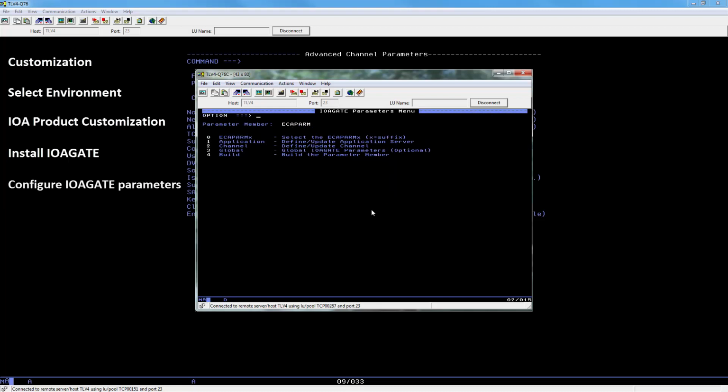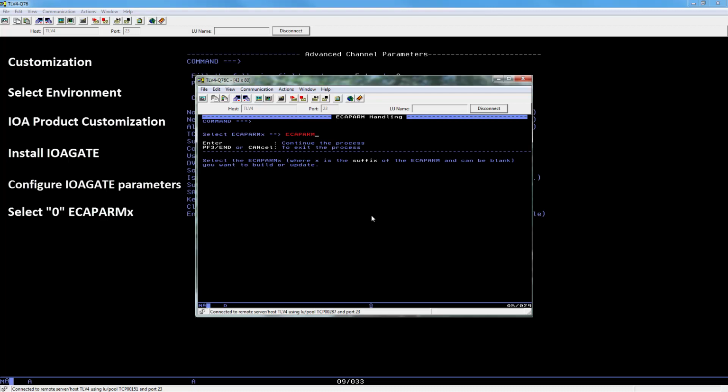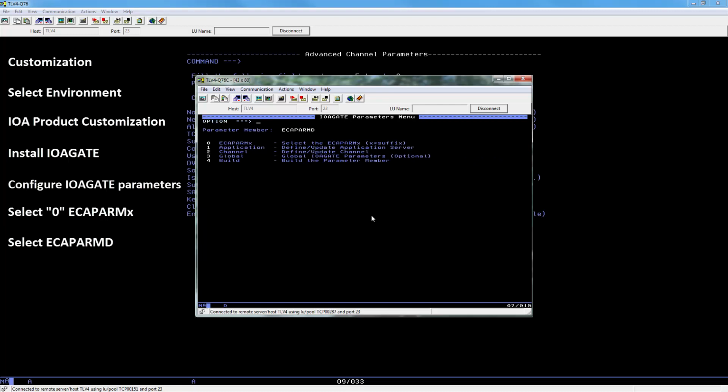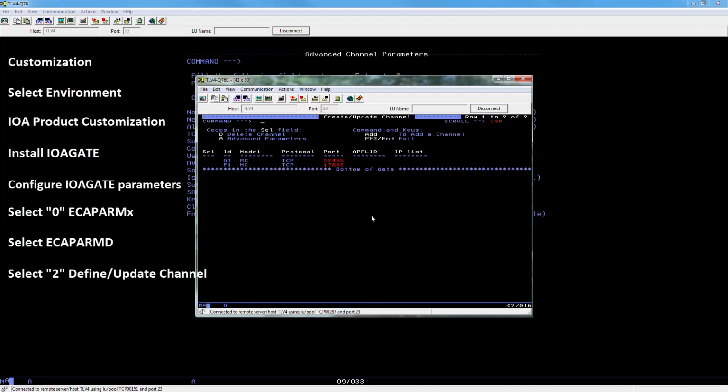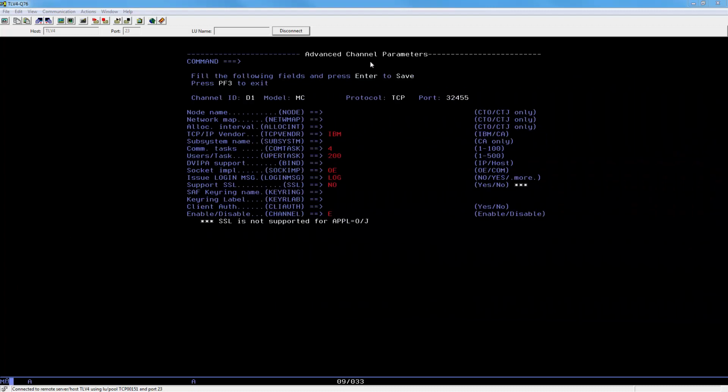In the IOA Gate Parameters menu, select option 0 ECA Parm X. In the panel ECA Parm Holding, select ECA Parm D and exit. Back in the IOA Gate Parameters menu, select option 2 Define Update Channel. In the menu Create Update Channel, use the Advanced Parameters option to select the channel. Select channel D1. Once you succeeded arriving at the Advanced Channel Parameters,